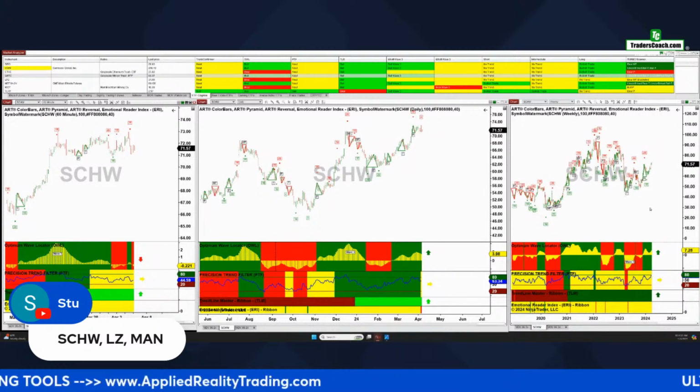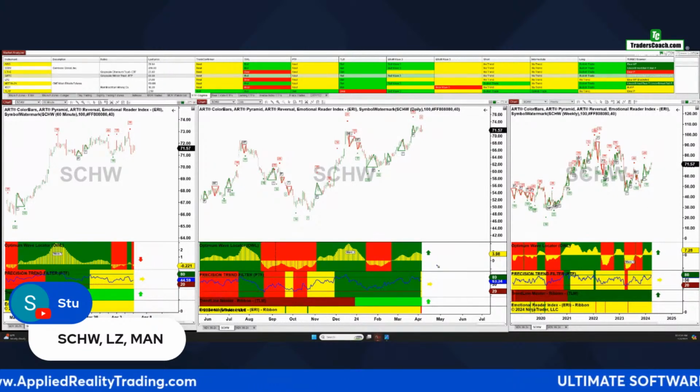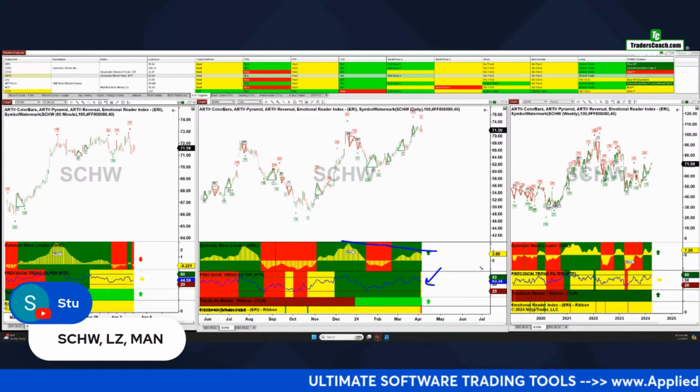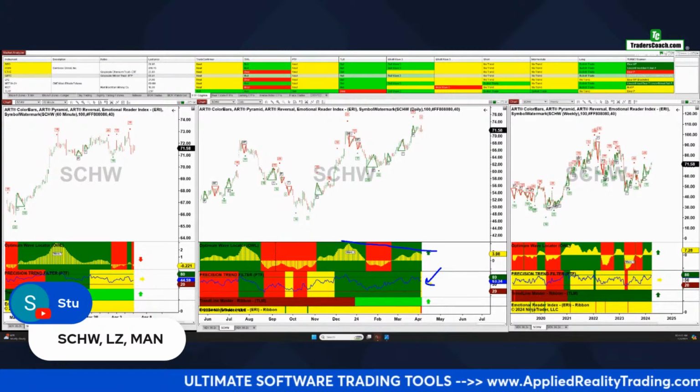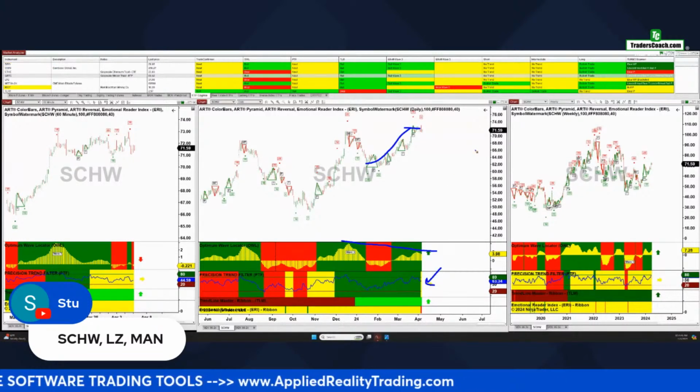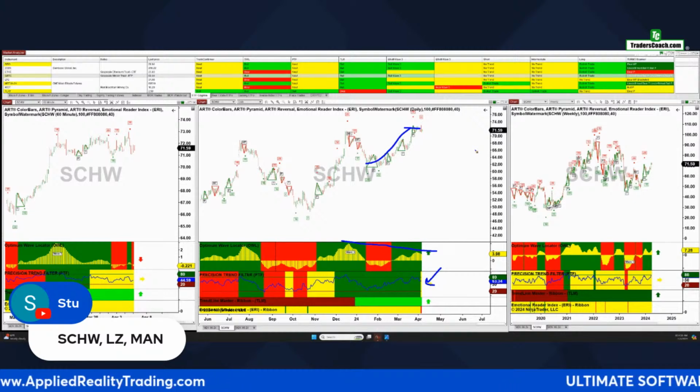All right, so we've got bearish divergence and we have a yellow PTF forming. What happens is the yellow PTF is a neutral. So usually when you make that second high, and we did that, if the momentum is not strong enough to keep that PTF green, it turns yellow. And that's exactly what happened here.